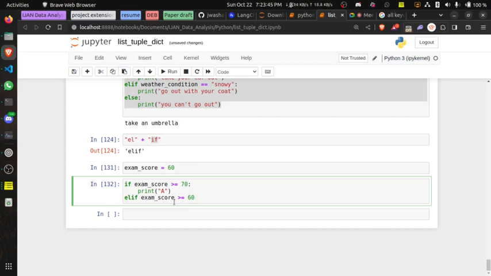No. Okay. So if the exam score is greater than or equals to 60, and now, and is a keyword. Remember, we did and in Excel, we did and in SQL. It means the same thing here. So and is like, remember, let's use numbers.